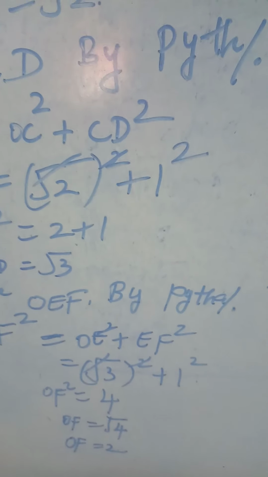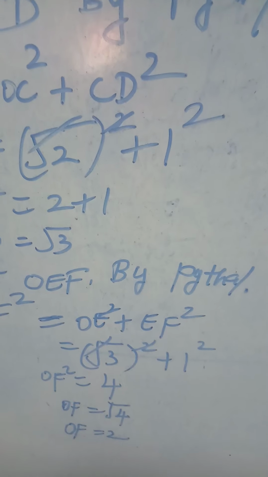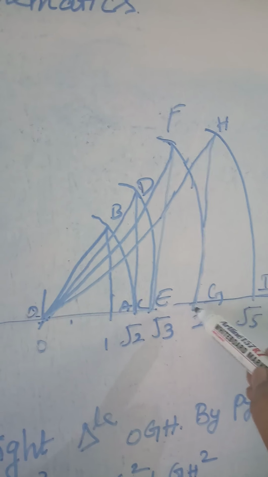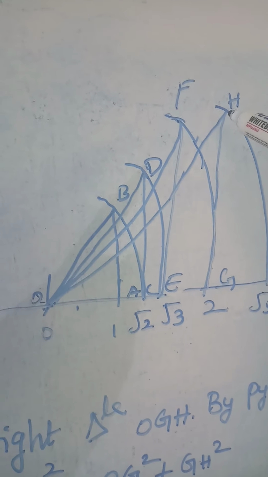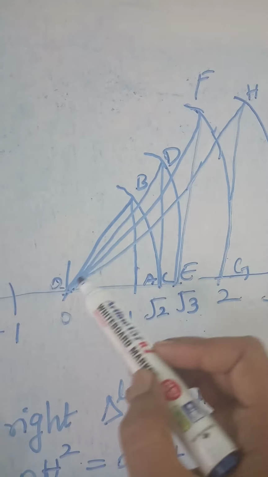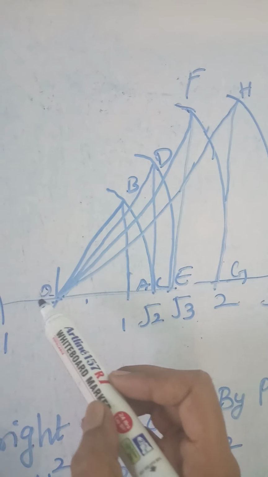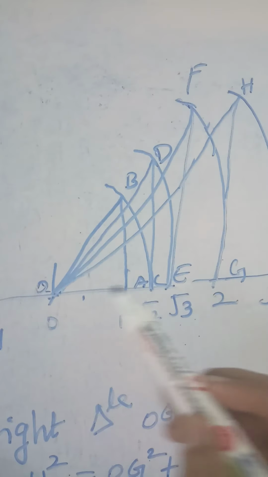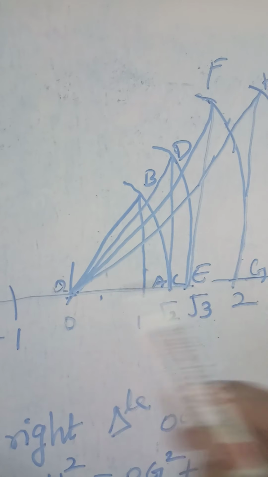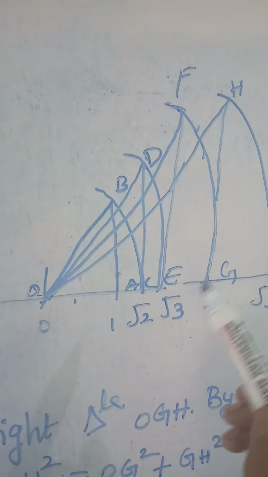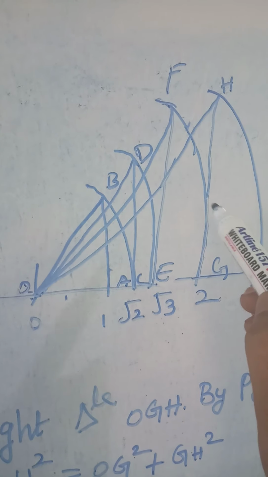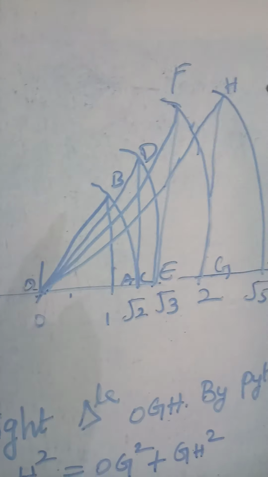But our aim is to represent root 5 on the number line. Okay. So again from here you have to mark an arc on the number line, that is 2. Again from here we have to draw a line 1 centimeter from here. We have to join with this origin. Now from O to G is what value? What is the value of this? 2 only, isn't it? From O to G is 2 only. Now we found 2. Again this is 1. We know that this is 1. Now we need to find O to H, isn't it?